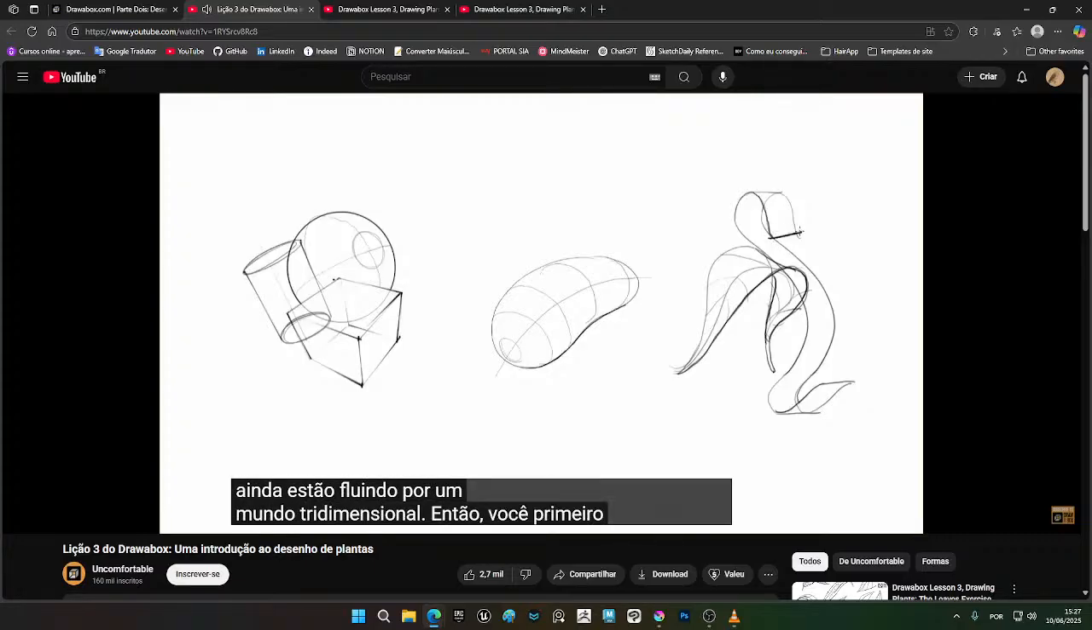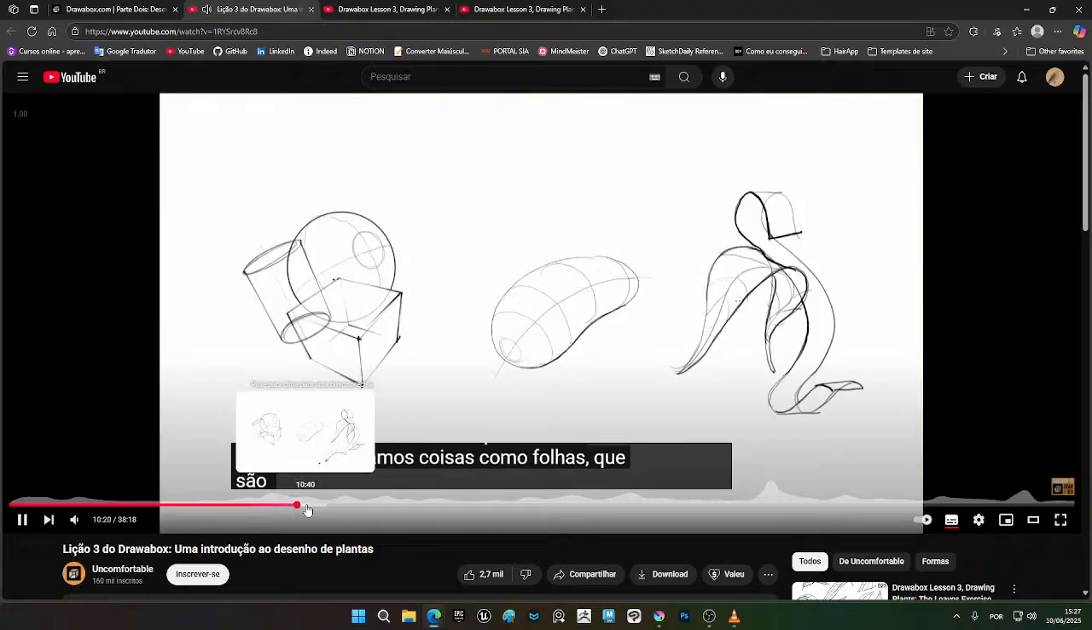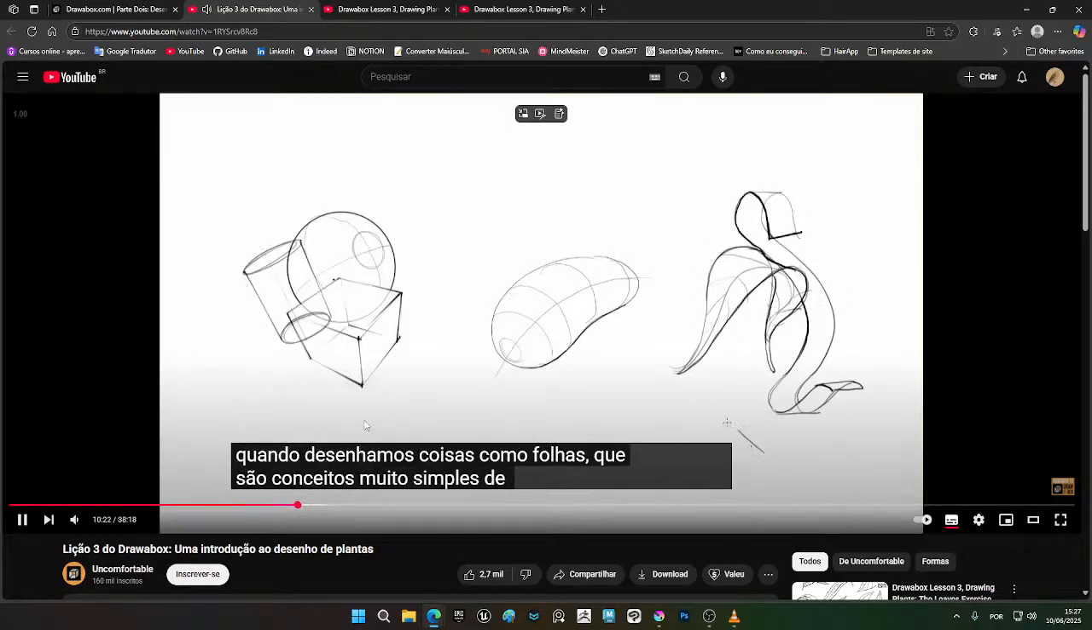And so you first got this ribbon here. I probably shouldn't have overlapped the different shapes this much because it's kind of confusing, but this ribbon, it's actually one of the things that we deal with in the second lesson, that the ribbon kind of is a simplification of the same kind of challenges we deal with when we draw things like leaves, which are very simple concepts of if you have a line that goes from being further away to closer,